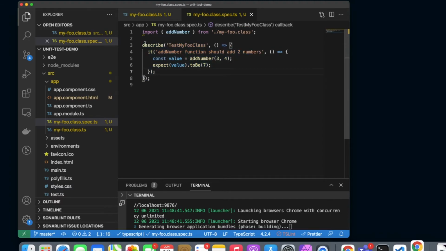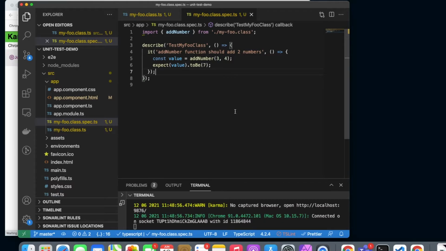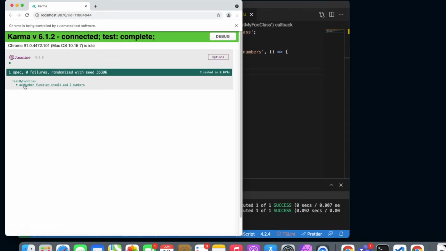If not, the suite will fail and the particular test cases will fail. So Karma has opened, test my foo class, addNumber function is successful.